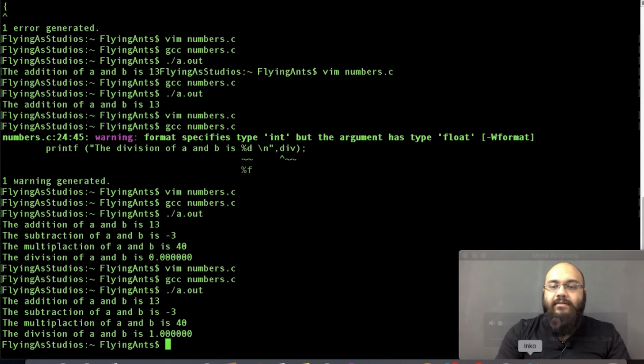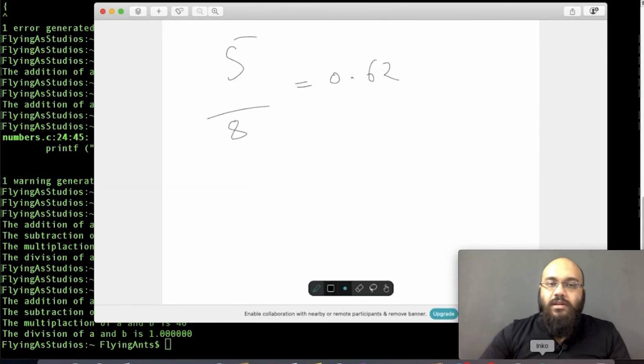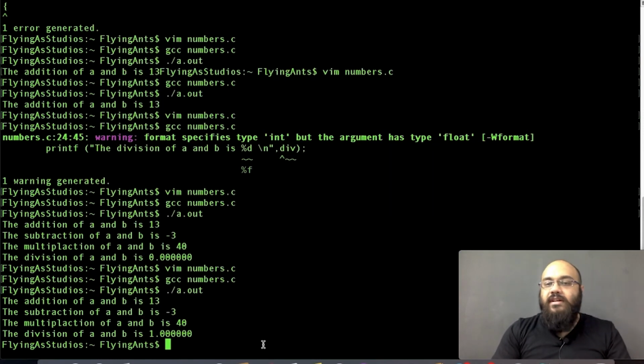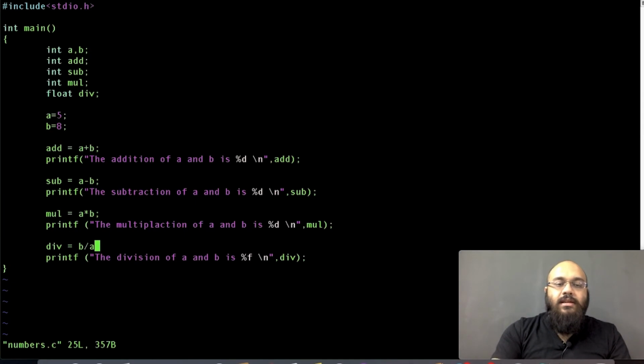Actually 8 divided by 5 should be 1.6 to be exact. The problem over here is that we are using two integer values, and then the output we are trying to save into float. This b and a is actually termed as integer. So integer doesn't actually have floating values.